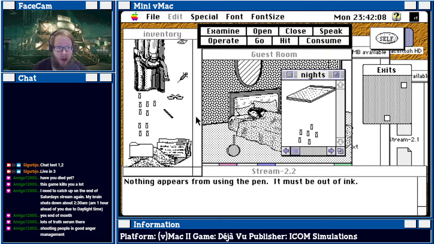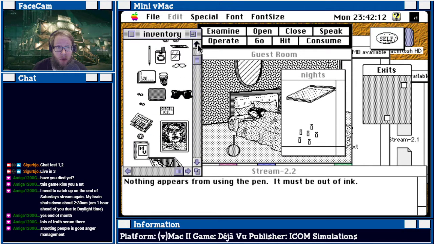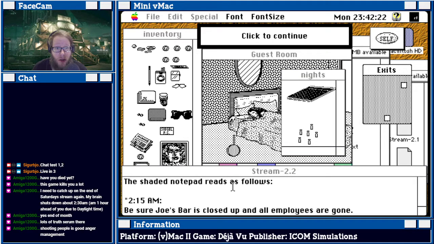Operate the ballpoint pen. Okay, we had a pencil. This is what you do. Using the pencil to shade over the indentations of the pad, you are now able to read the indentations. Okay, good. The shaded notepad reads as follows: